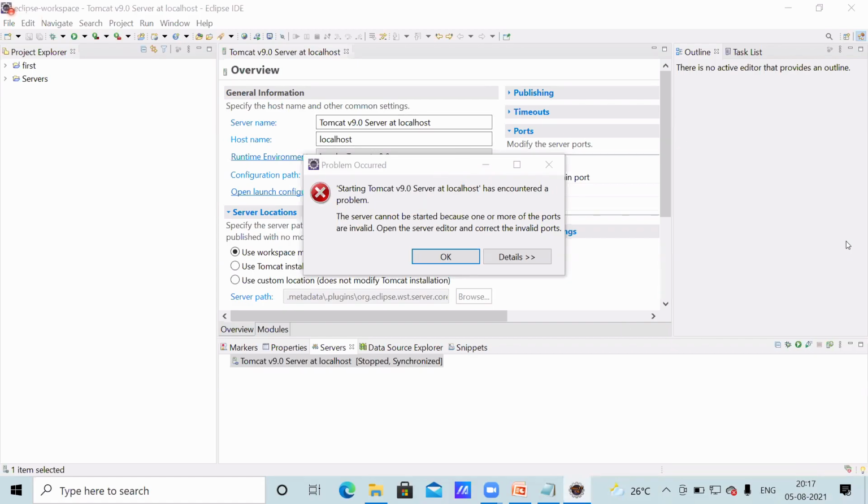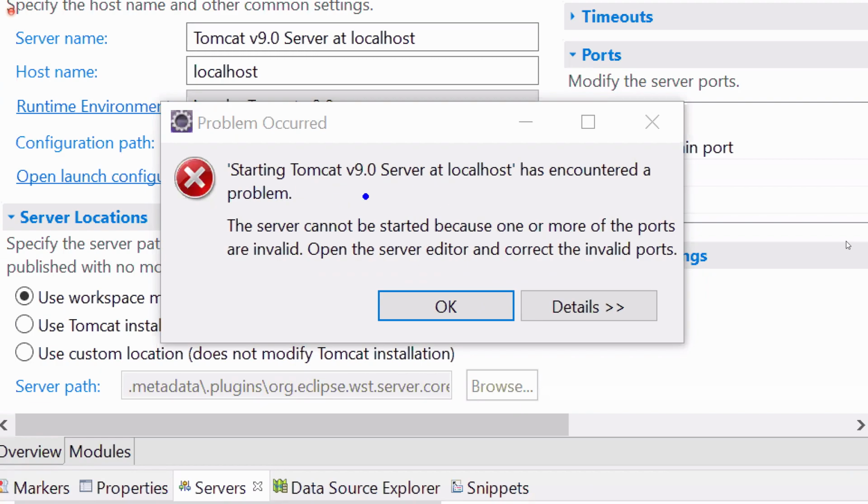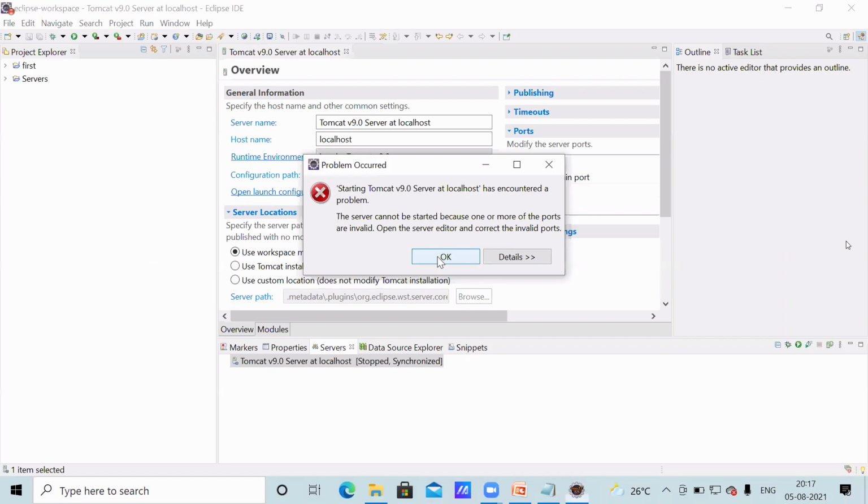You observe what the problem is. Starting Tomcat version 9.0 server at localhost encountered a problem. This is a port number related problem. Port numbers are invalid. Then what you do is here.